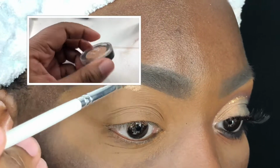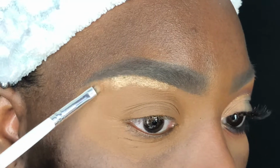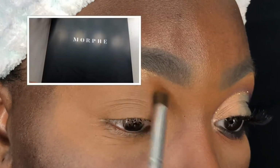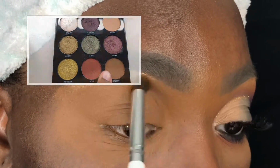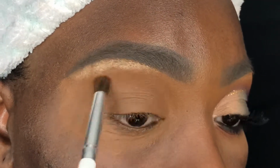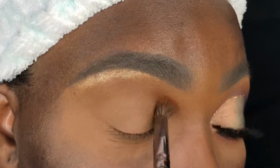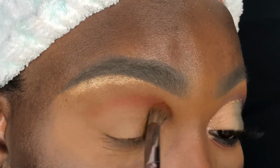Using patting motions, I'm applying the Ulta Beauty Summer in Paris single eyeshadow as my brow bone highlight using my e.l.f. concealer brush. Now I'm going into the Morphe 9G palette and I'm applying Headshot using my e.l.f. blending brush, and I'm applying this as my first transition shade. Now using the shade Pose, I'm going in with my BH Cosmetics V5 blending brush and I'm applying this slightly